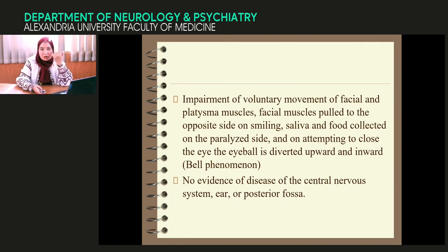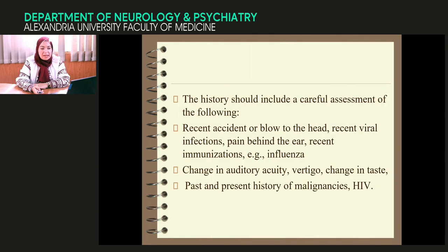These only facial muscles only, and no other associated symptoms to say it is Bell's palsy. The history should include a careful assessment of the following: recent accident or blow to the head because of parotid trauma, as we said, recent viral infection like herpes simplex, pain behind the ear, pre or post auricular, recent immunization. Also, if there is change in auditory acuity, as we said, it will have hyperacusis in stylomastoid paralysis,